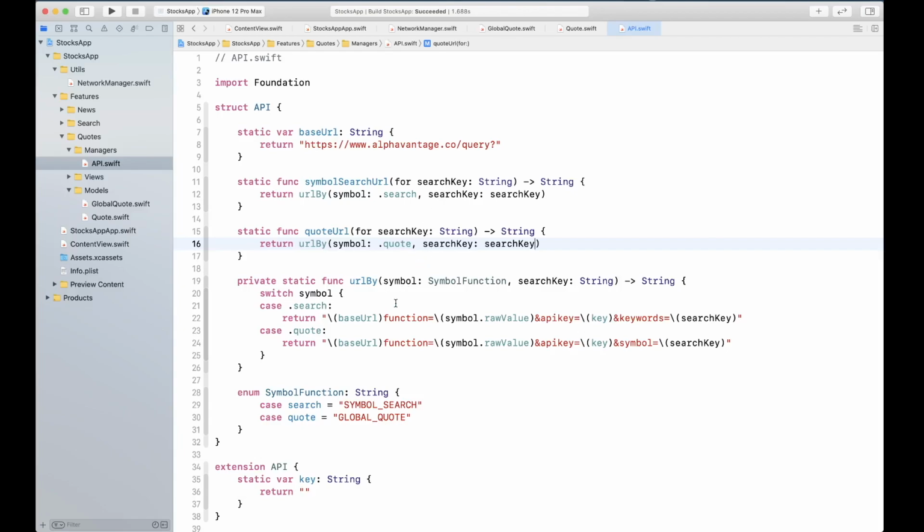So that's our API, and basically it's gonna provide us all the URLs, and it's gonna be some sort of a helper function for us to make our API calls. Next, we're gonna create our protocol that's going to basically download the codes for us, and then a concrete and mock implementation for that protocol.